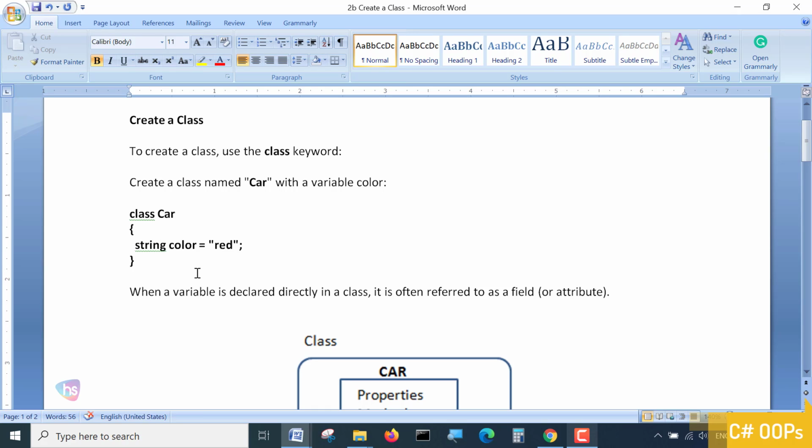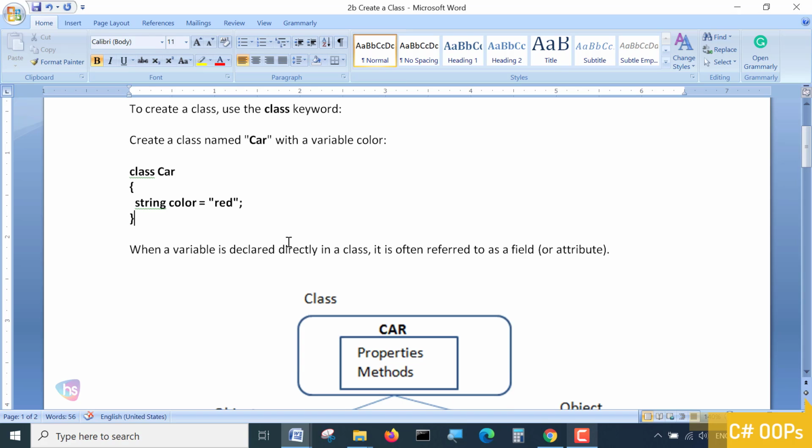Within the open and end brace is the class block, a block of code we have seen in our earlier lectures. It's an open curly brace and an end curly brace, and in between we'll write something. Whatever we write inside a class will be treated as the information of the class and its objects.